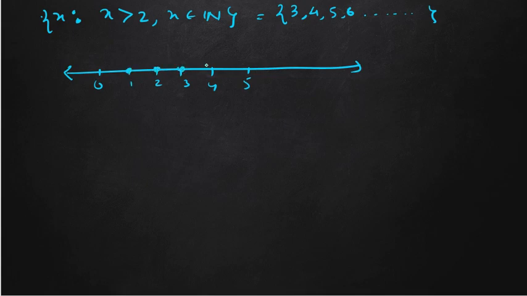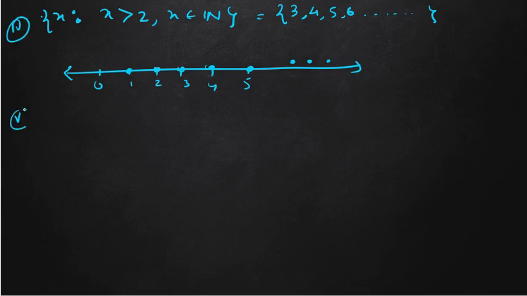So just mark 2 or 3 points up to the end and just put 3 dots over the number line. So this will show that this contains all the natural numbers in the positive direction. Okay, so the dark circle indicates the natural numbers contained in the set, and the three dots over the right part will show that the natural numbers continue. If the dots are put towards the left, then the numbers will continue toward the left, and if the dots are put towards the right, then the numbers will continue after 5. Okay, like this.